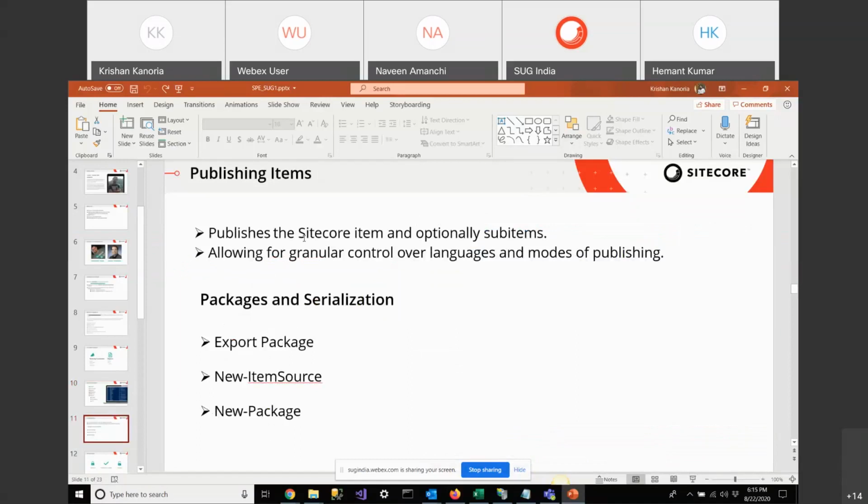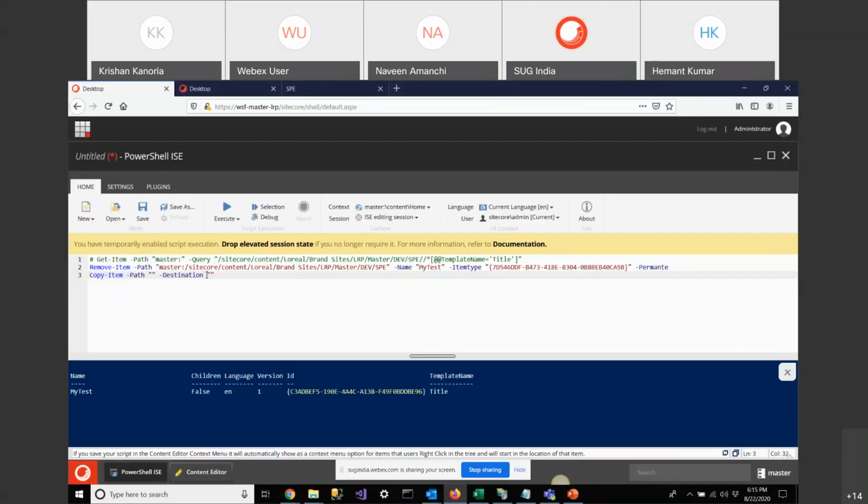Next, you can publish your item. Sitecore PowerShell also provides functionality like a publish cmdlet. You can publish your item, you can publish your sub-child items, and you can provide your language and mode of publishing. Suppose I am getting this item.